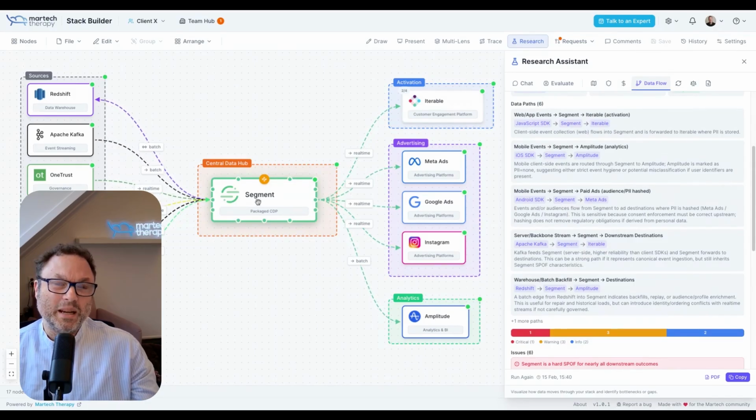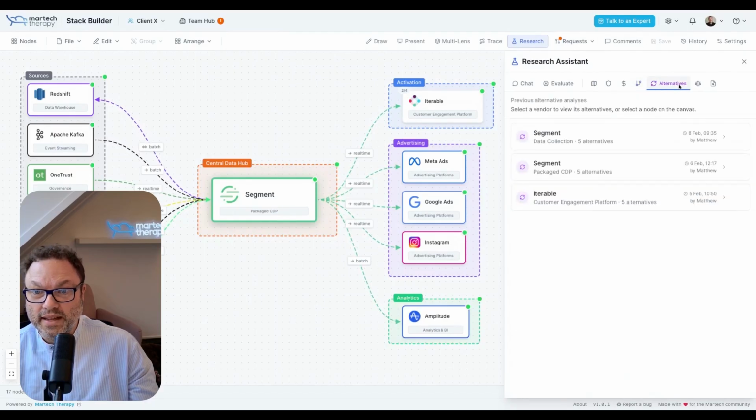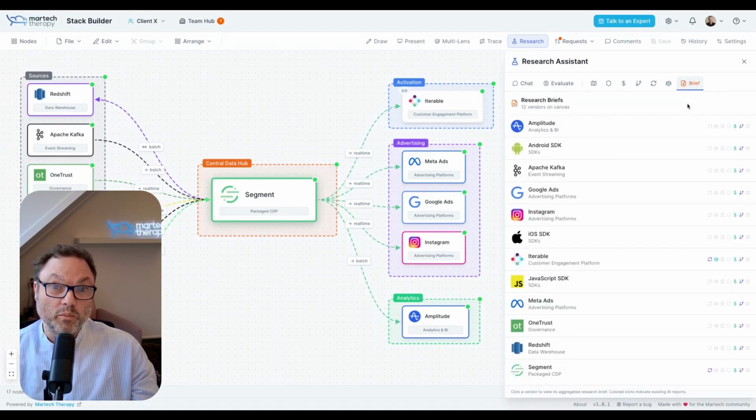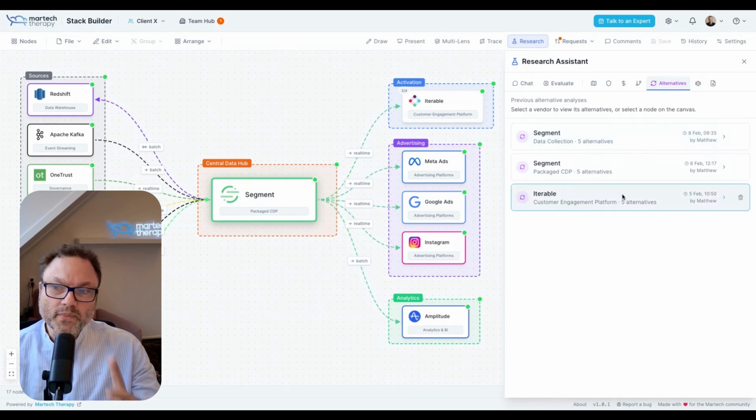What happens if Segment falls out? It has an effect on everything downstream. That's something great to flag. And I believe also last time we had the alternatives. So for the alternatives, we also did a visualization improvement here for the compare feature, and I've also added a brief feature. But what I want to dive into right now is this